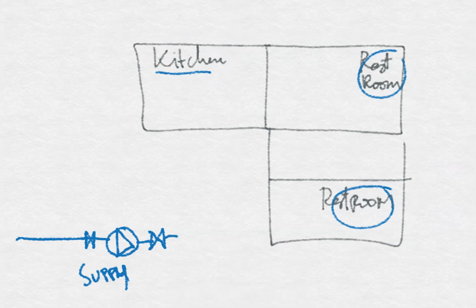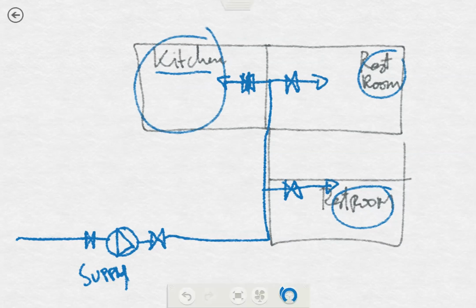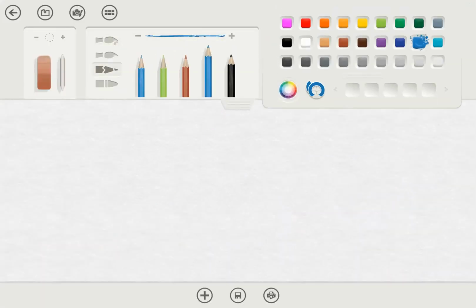So if we are having something like that, it's always good having different branches and different valves here and here. So that if there's a problem in the kitchen, I have this valve and I don't affect the two restrooms. If I have a problem in this restroom, I have this valve and it doesn't affect the rest of the rooms. If we are not good at doing this, it's very usual that you can see in single